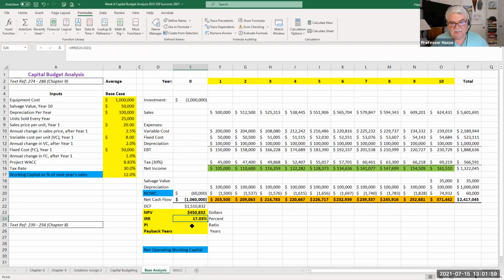Our profitability index is the ratio of DCF to the investment, the relationship of discounted cash flow divided by, and I'll put that as negative, so as to convert this negative cash flow to positive. So our ratio is 1.43. Anything over 1 is good. In other words, we're recouping our investment cost. Our ratio is 1.43. The payback in years, well,